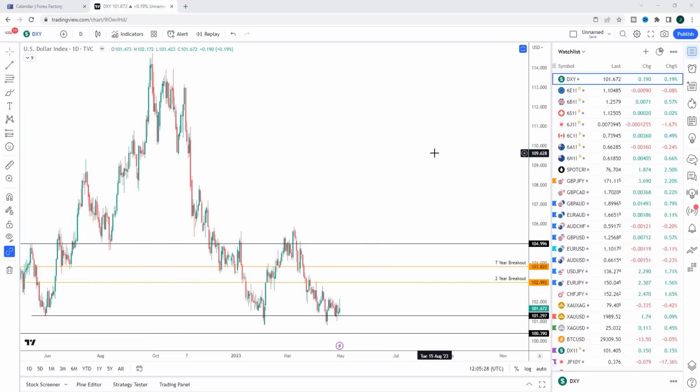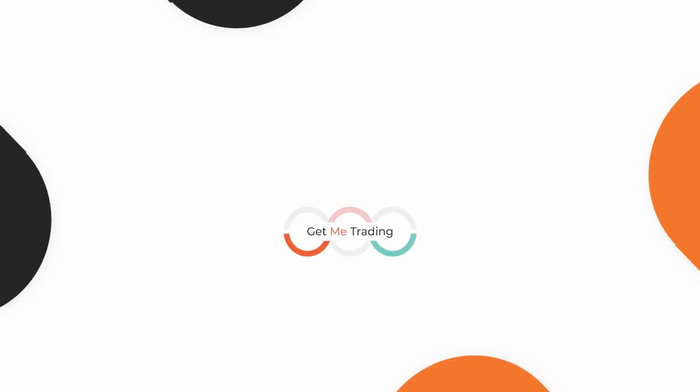Last week we had some very important data points out which point towards a near-term bottom in the dollar. However, we did have quite a weak close, so there may be a little bit more chop to go in the dollar before it finds a true bottom. But coming up next week, we have a number of interest rate decisions, including from the US, Europe and Australia. And in today's video, we're going to look at my plan for trading a number of those interest rate decisions next week.